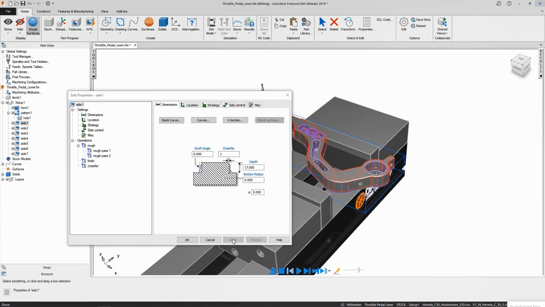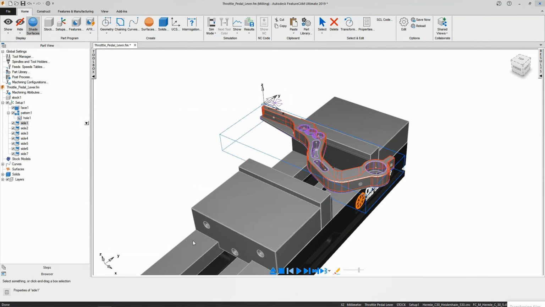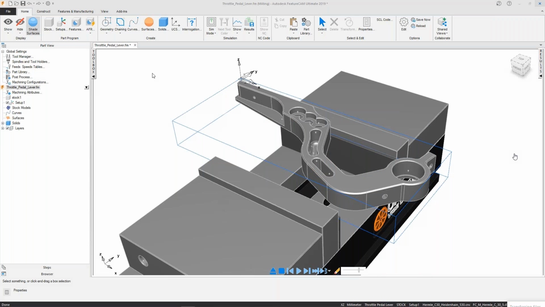And in case you need to edit, we can go back to the feature and edit as per the requirements. Since it is feature based, all the CAD data is more like a parametric kind of thing, where the dimensions are stored inside the feature, so you can modify the feature as well. Dimensions of the features can also be modified, instead of going and correcting it on the 3D part. And the NC program is ready.